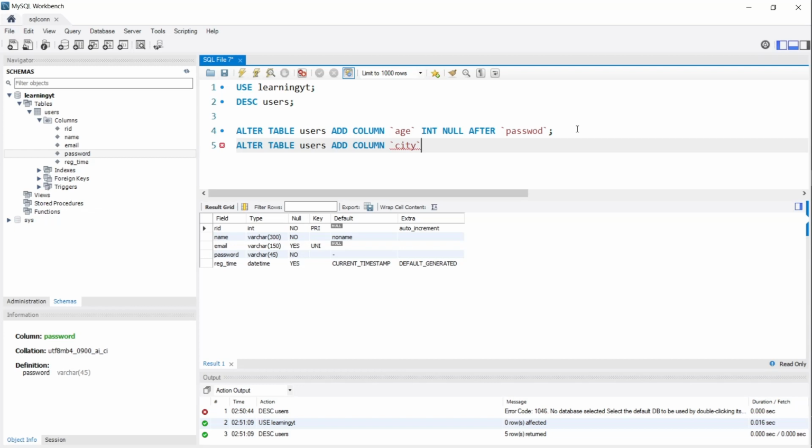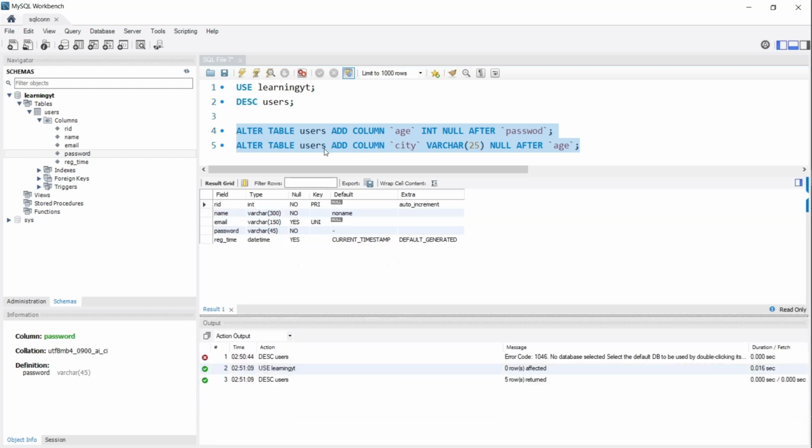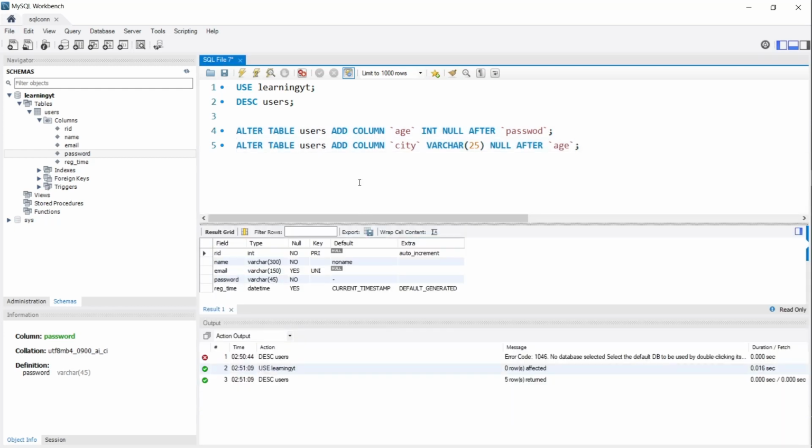City will be VARCHAR, let's say 25, and it can also contain null values, and it will be after the age column. Okay, fine. Now if you execute this, it will create two new columns,